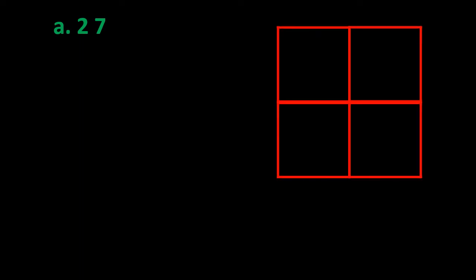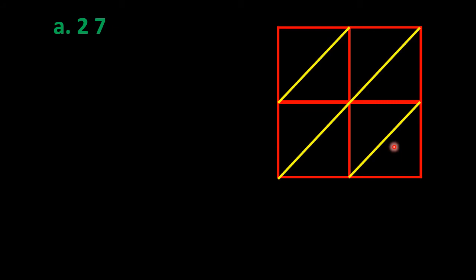The first thing that we have to do here is make a figure like this, where there are 4 small squares, and then we need to draw a diagonal in each square. After this we need to write 27 here: in the first square 2, and in the second square 7, again here in the upper square 2 and lower square 7. So 2 7, and here again 2 7. In this way you have to write. Here there are 4 small squares.